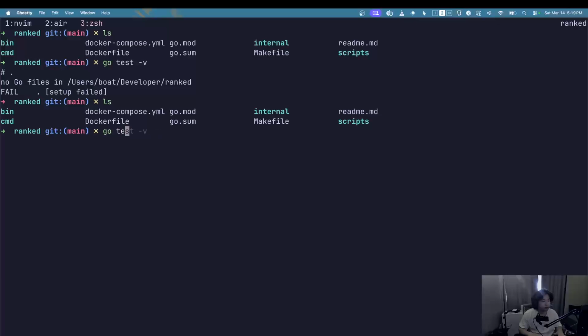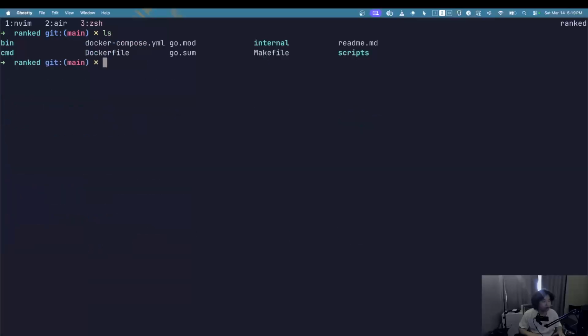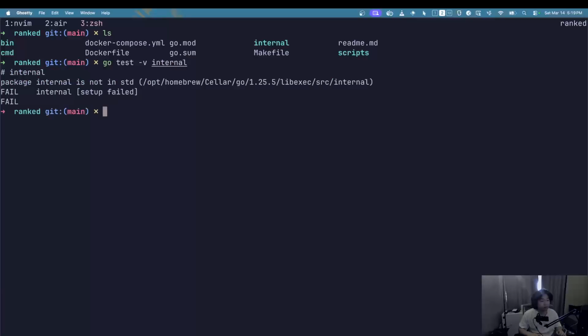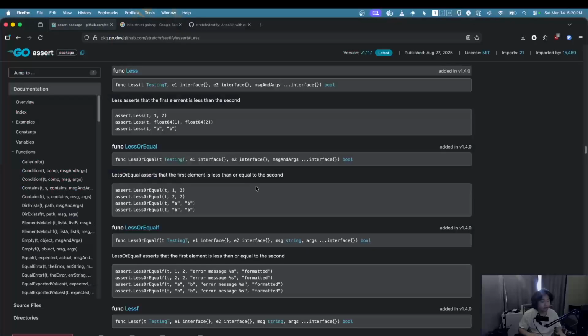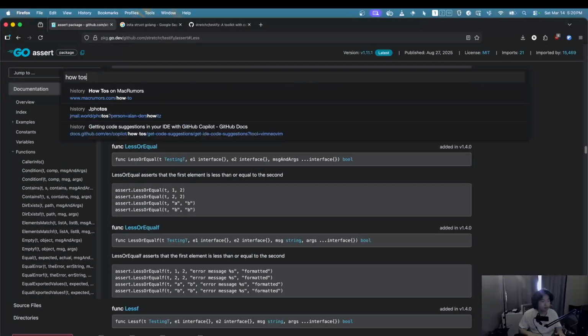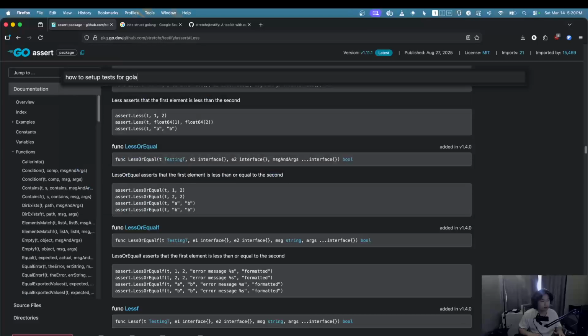Go test. Alright, go test dash v the leaderboard internal leaderboard. Fail. Okay, how do I set this? How to set up tests for Golang.